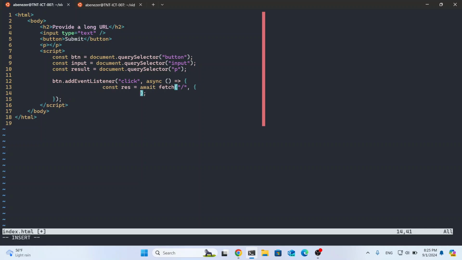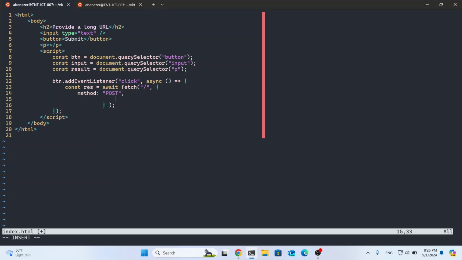My formatting is broken for some reason. And in the root route, we want to have a method of post,